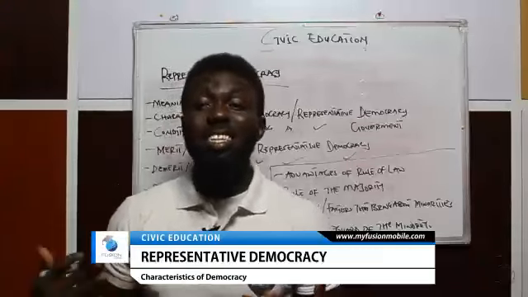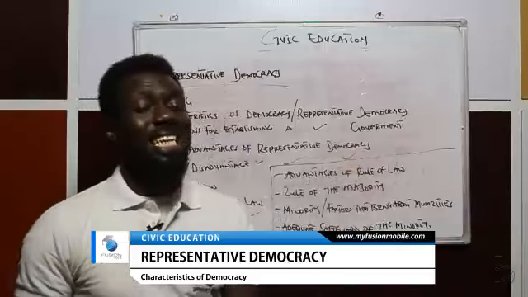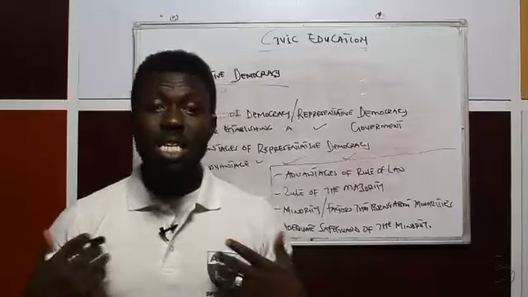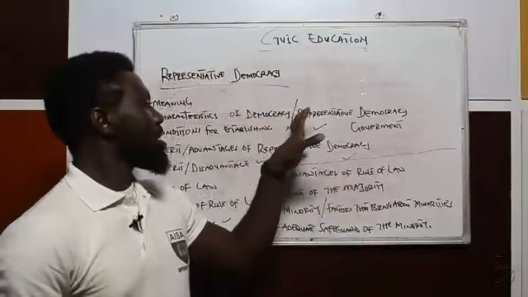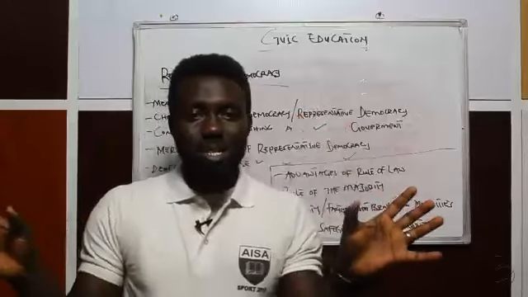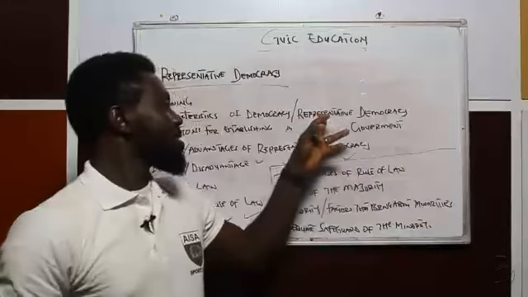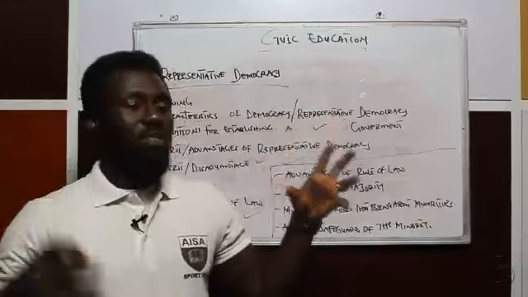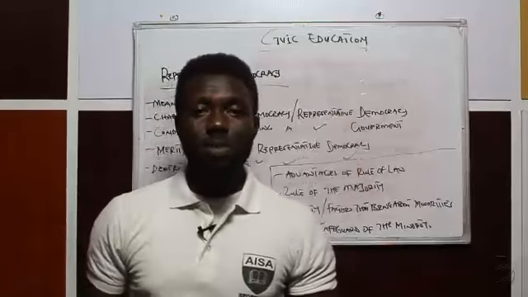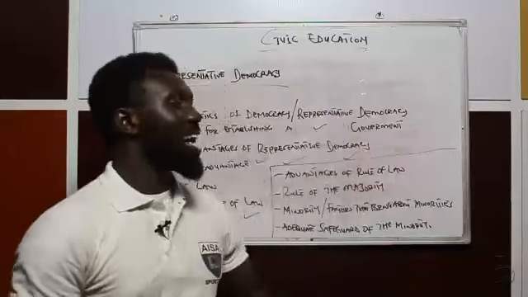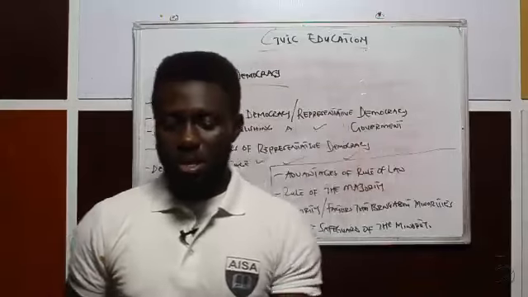Now what are the characteristics of representative democracy? Basically it's still the same thing, but they added representative to make it more specified. This one is just generally democracy, so representative democracy is more specified. Now let us look at some of its characteristics. They include: